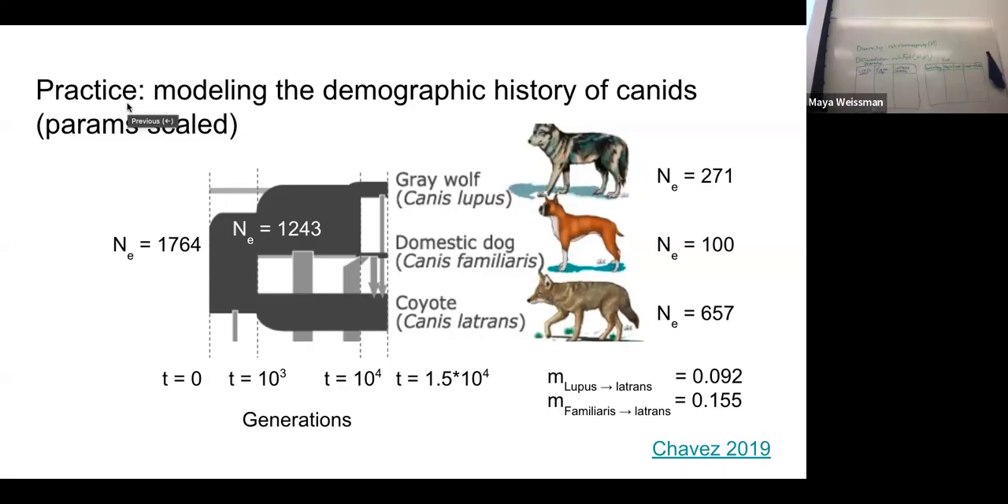The migration rates only start after 10. Okay, so this is going to create, so this is going to calculate